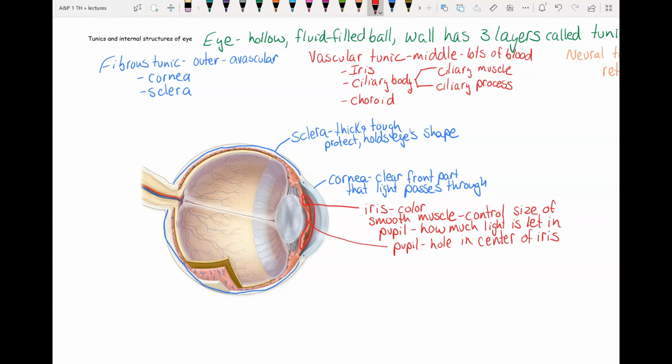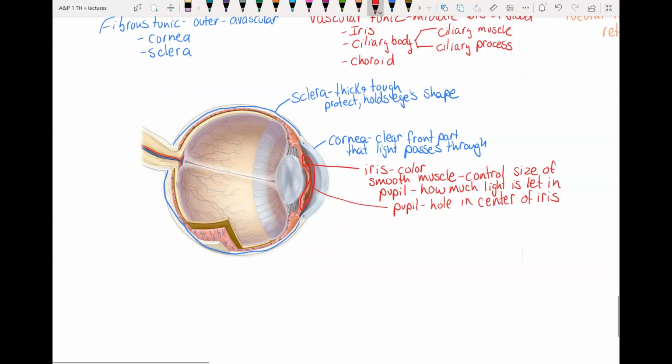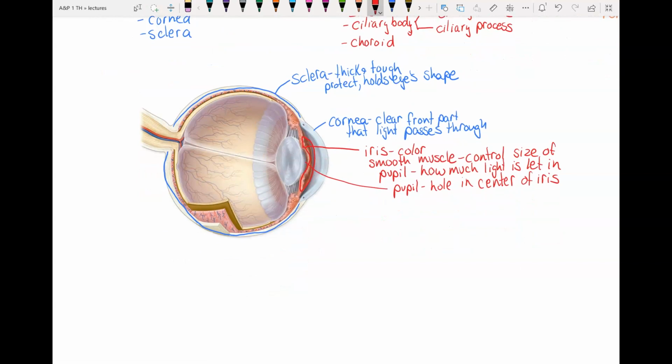Then we have the ciliary body. It is right here. And remember, this is a cross section. It goes all the way around. So like here you can see the ciliary body up here. It's a complete circle. It goes all the way around the eye. We're just looking at a section of it. So it has its two parts. The ciliary muscle